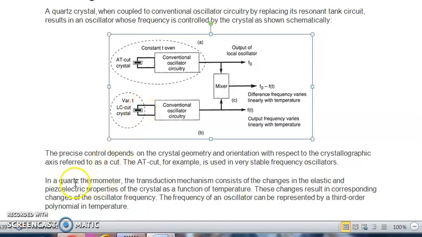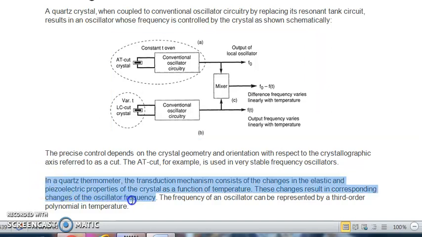So, in the quartz thermometer, the transduction mechanism consists of changes in the elastic and piezoelectric properties. Earlier we studied the thermoelectric property. In the quartz thermometer there is the piezoelectric property. Piezoelectric property means when there is pressure on the crystal, it changes its dimension, and due to which the electric current